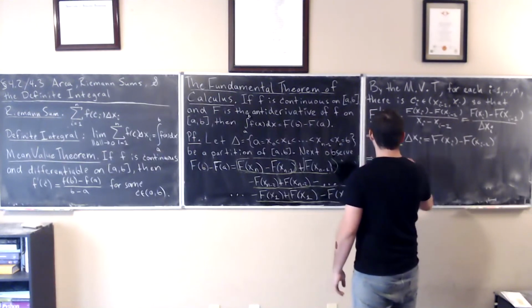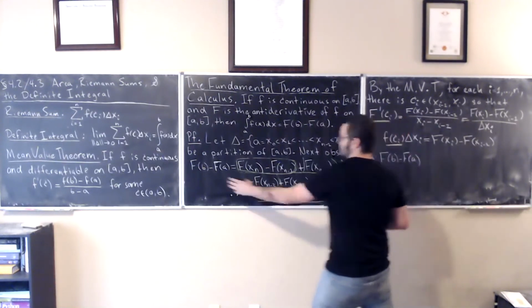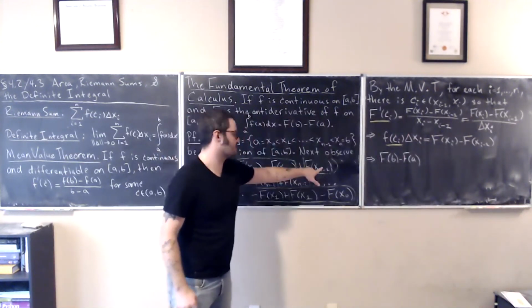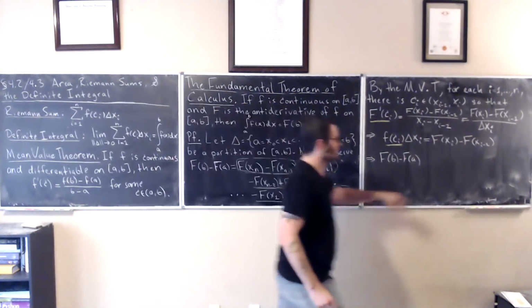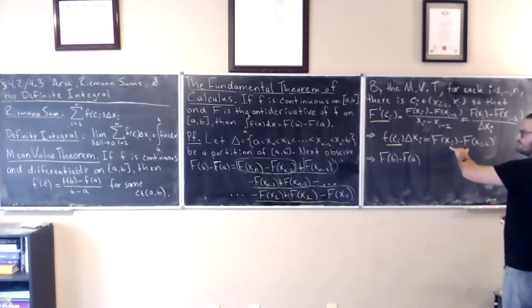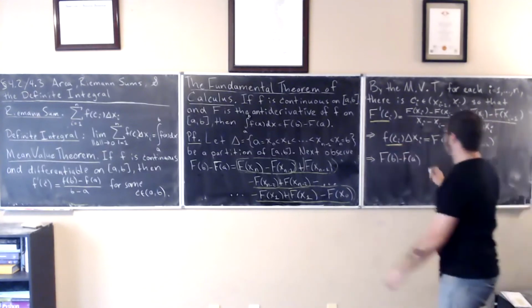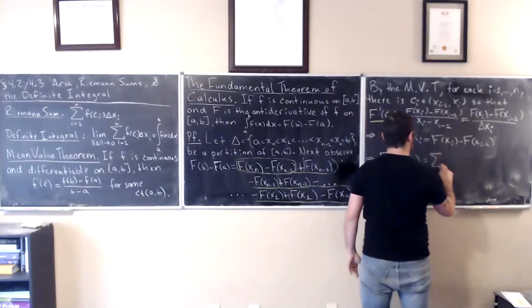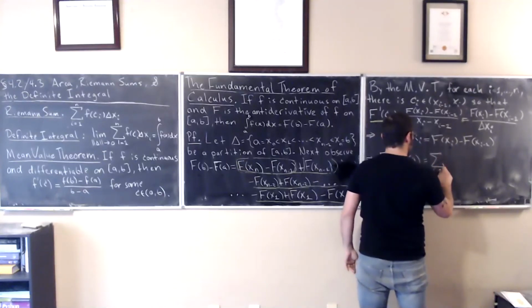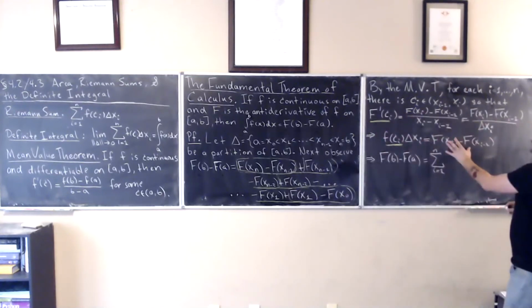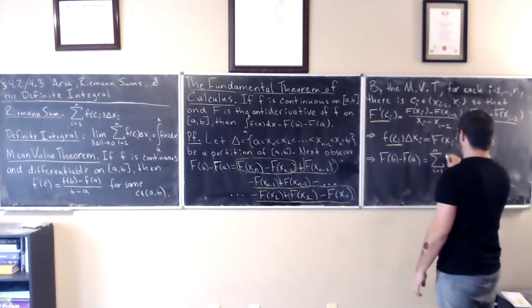F of b minus capital F of a, which is this side, is equal to that difference plus the next difference plus the next difference, which each of those differences look like that. But those differences are equal to that. So this is actually equal to, from i equals 1 to n, of all of those differences. But those differences are really that. So I can just write